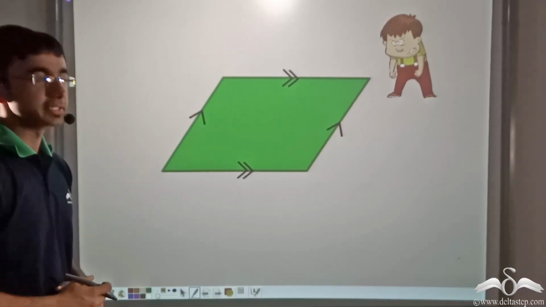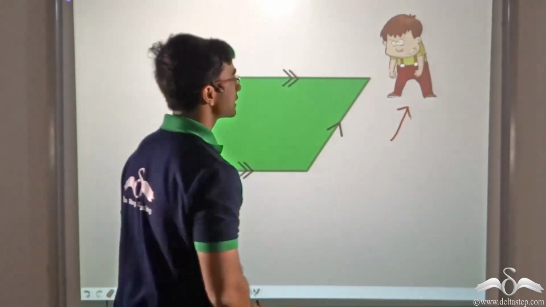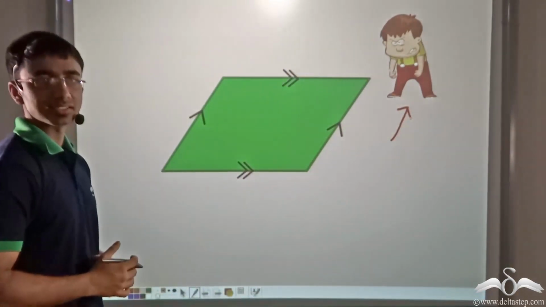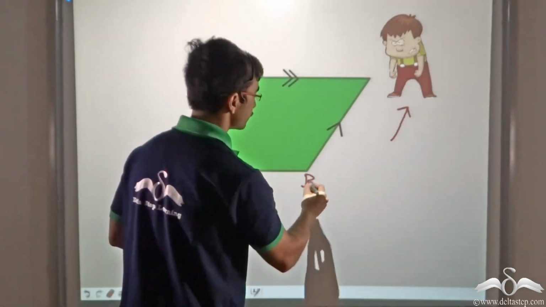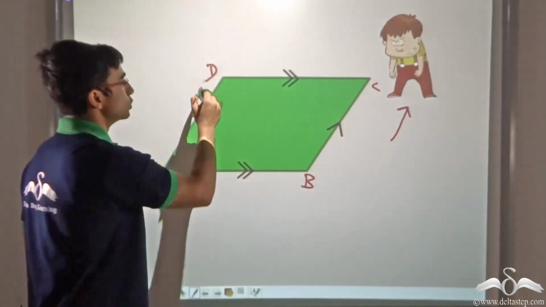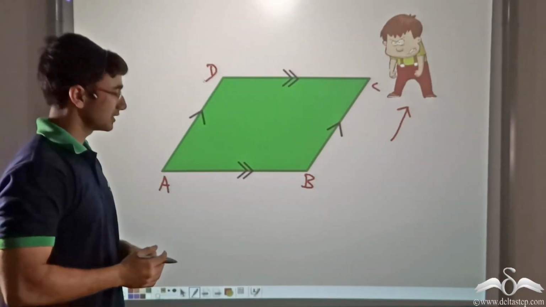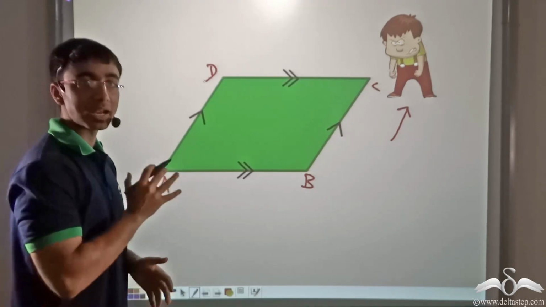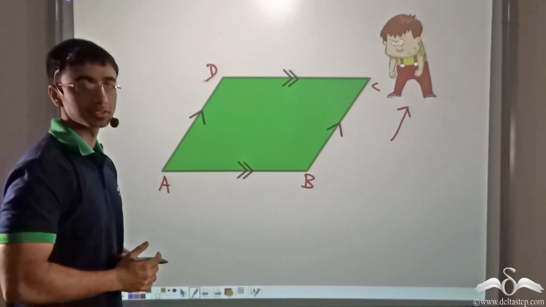Look at the picture on the screen. Over here we have a boy, Raghav, who has been given a very tedious task. He has been asked to find out the angles of the field of his school, the field ABCD. Now it was told to him that this field is in the shape of a parallelogram. That is, opposite sides are parallel to one another.